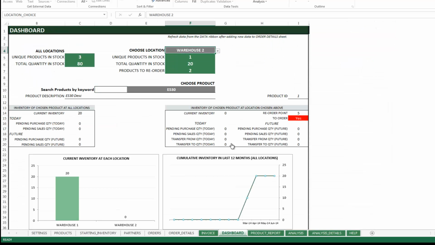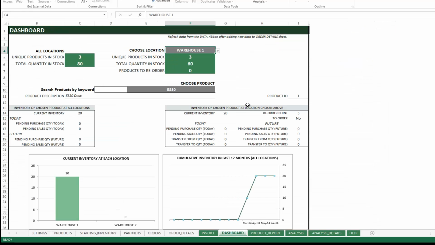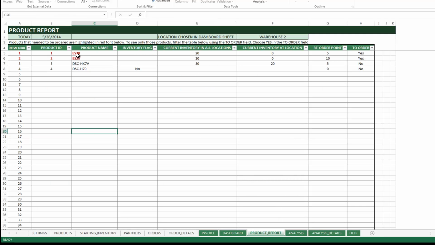So if I change to warehouse 1, go to my product report, now the information is already updated. The reorder point: should I order this product or not? So clearly now, if I go back here, warehouse 1, I don't need to order anything. At warehouse 2, I need to order 2 products. So you can see here in warehouse 2, there are 2 specific products that I need to order,